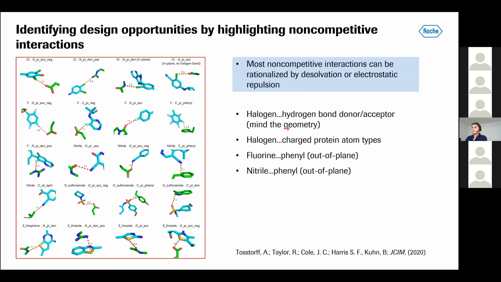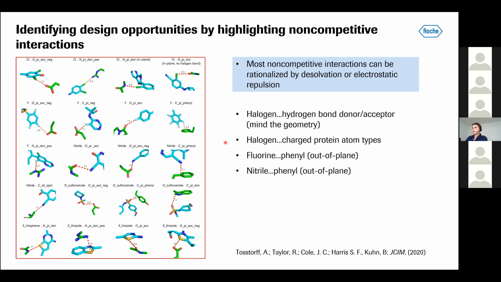Okay, so last slide regarding molecular recognition. We ran a study particularly focused on what interactions to avoid, and on the other hand, identifying these as design opportunities. So we looked at a number of contacts which produce very low RF values, and many of them can be rationalized by desolvation or electrostatic repulsion. There are some interesting cases, such as fluorines on top of the phenyl ring or phenylalanine. In general, halogens should avoid